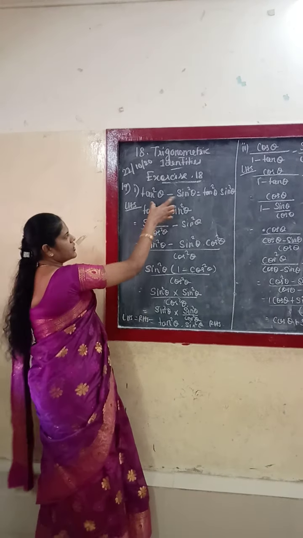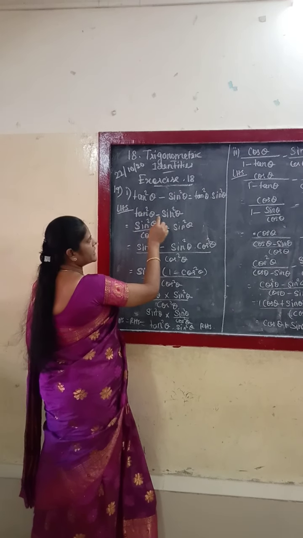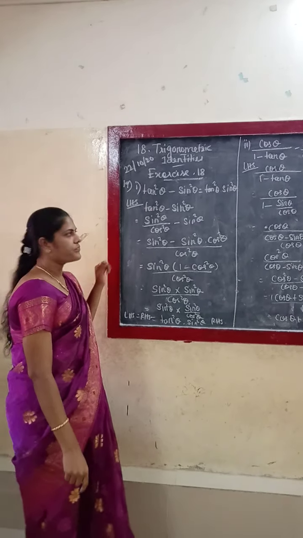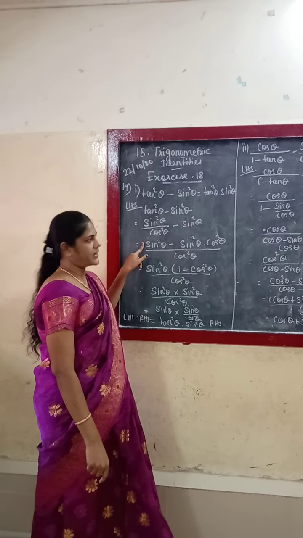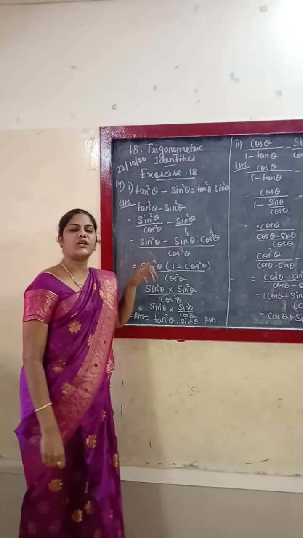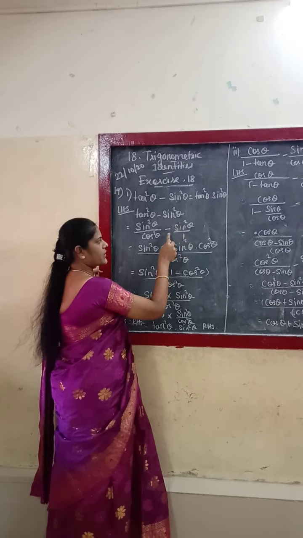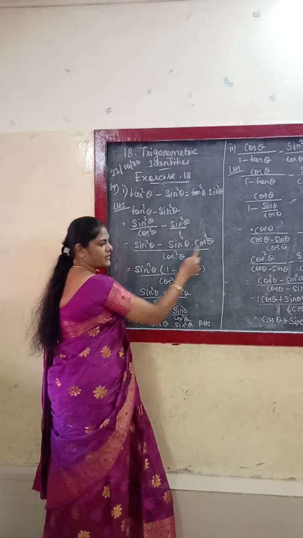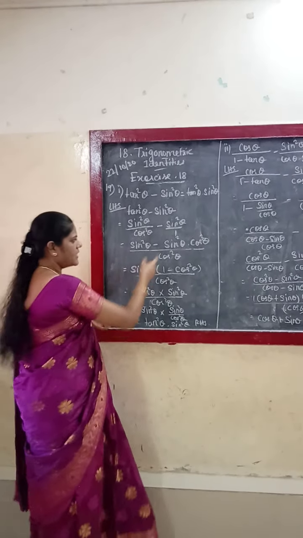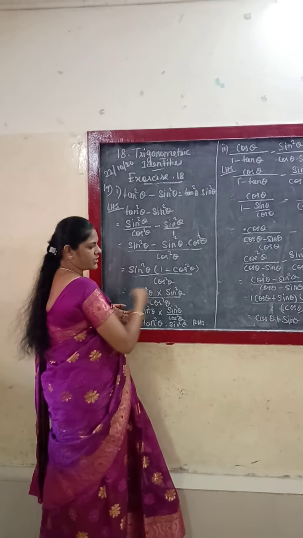Okay, so listen. Here, first I will take the left hand side. What is the left hand side? Tan square theta minus sin square theta. How do we convert tan square theta? Sin square theta by cos square theta minus sin square theta. Here the denominator is 1, so we need to take an LCM. How do we take the LCM? Sin square theta minus sin square theta into cos square theta, whole divided by cos square theta. In this, can we take sin square theta as common? Yes. Take sin square theta as common, remaining 1 minus cos square theta, divided by cos square theta.